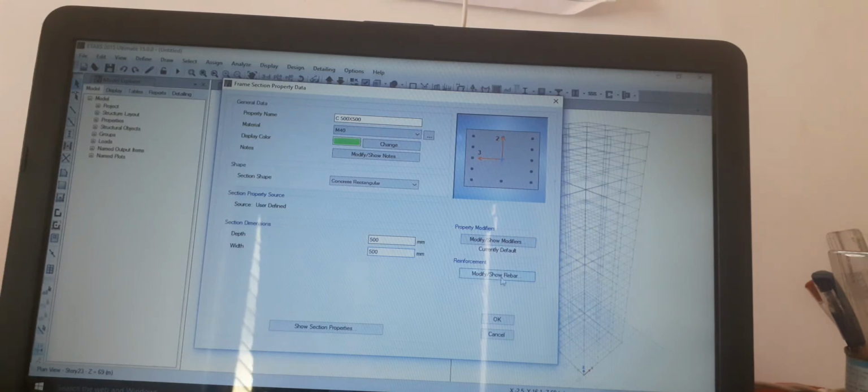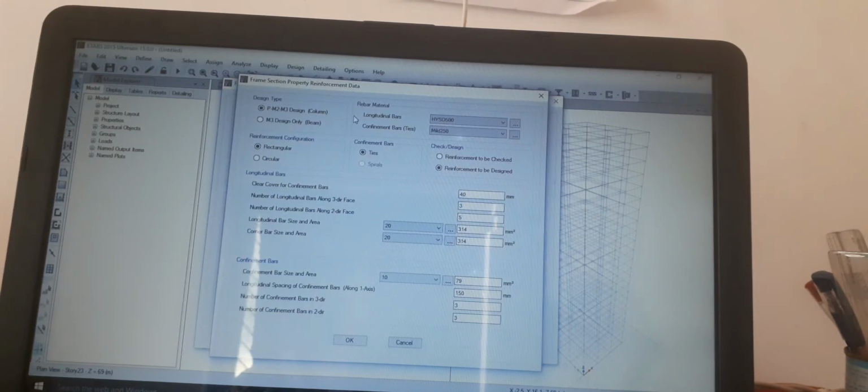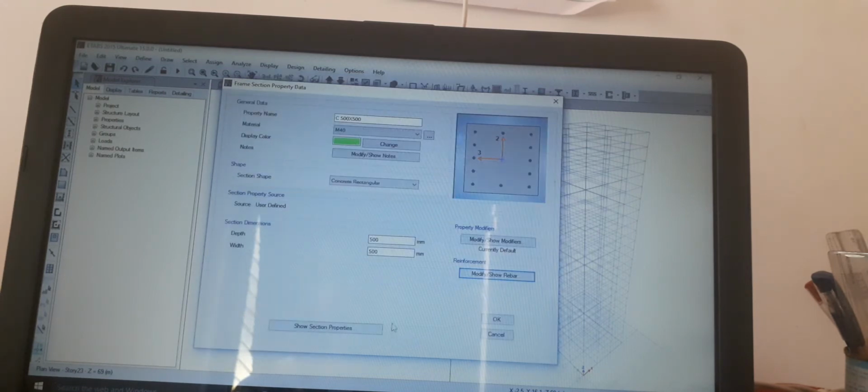Then we have to go to Modify/Show Rebar. Here the design type is P-M2-M3 design and longitudinal bar HYSD 500 and confinement bar mild 250. Click on OK. Click on OK.